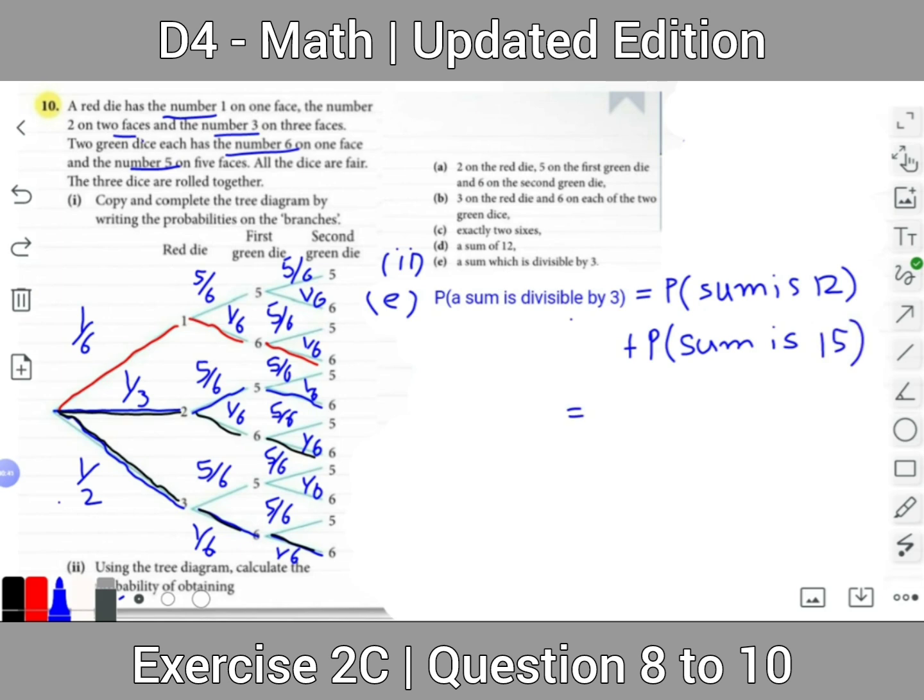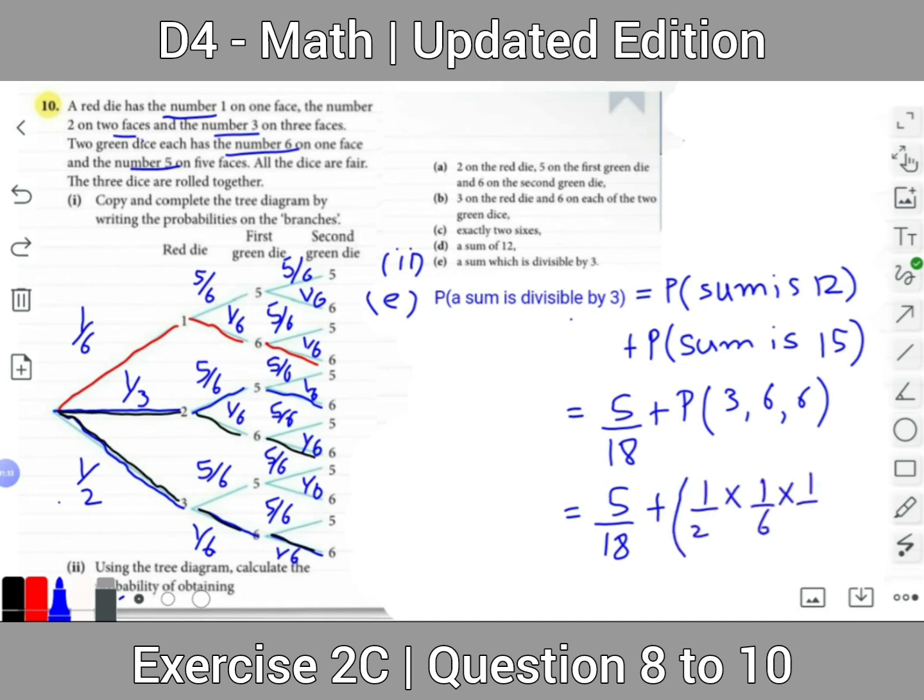Since in part D we found the probability that the sum is 12, and that is 5 over 18, plus now the probability that the sum is 15. So here we have 3, 6, 6. Now from the tree diagram for 366, by using the multiplicative law of probabilities, we have 1 over 2 multiplied by 1 over 6 multiplied by 1 over 6, and here we have 5 over 18